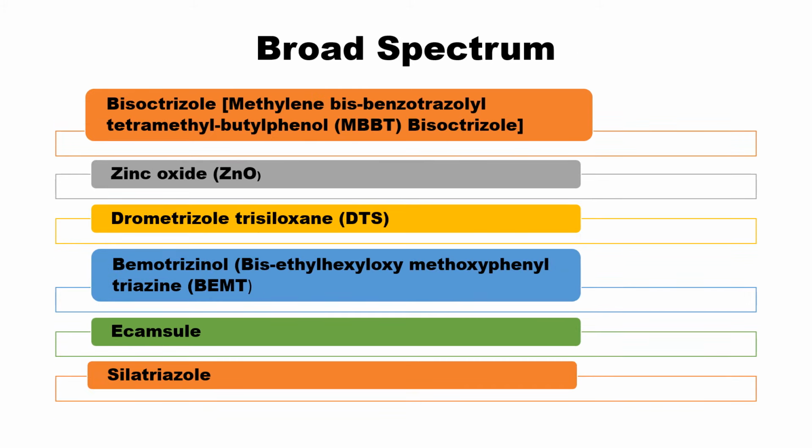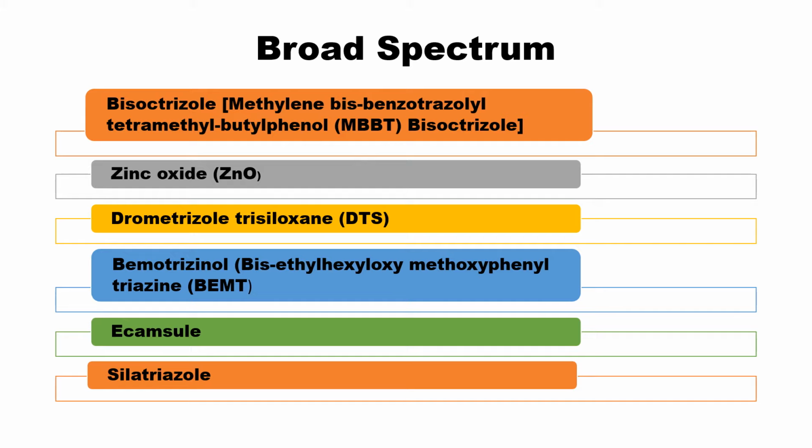Now comes the broad spectrum. What do we mean by the broad spectrum category? It has UVA filter mechanism and also UVB filter mechanism. It can be from either the organic category or the inorganic category. So friends, try to at least memorize 5 examples of the broad spectrum. As the name indicates, it is used for both mechanisms, UVA filter plus UVB filter. So let us try to memorize a few examples.